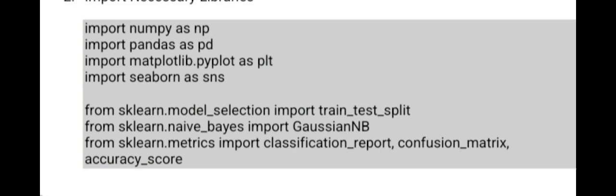First, numpy as np for numerical operations and array manipulation, pandas as pd for data manipulation and analysis using data frames, matplotlib.pyplot as plt for creating basic plots and visualizations, Seaborn as sns for creating more advanced and statistically oriented visualizations